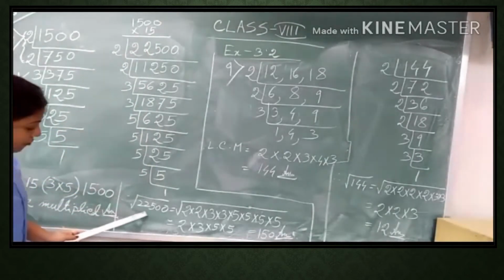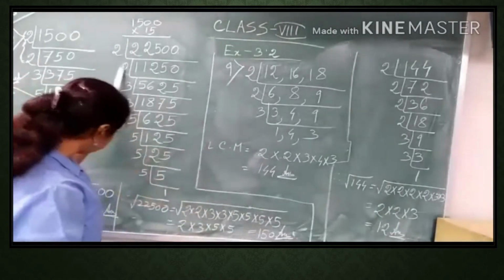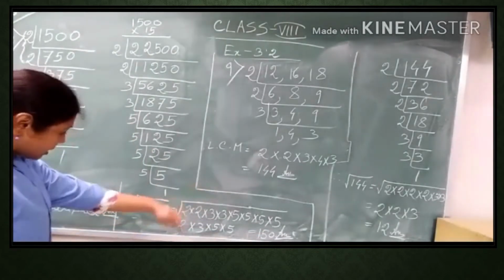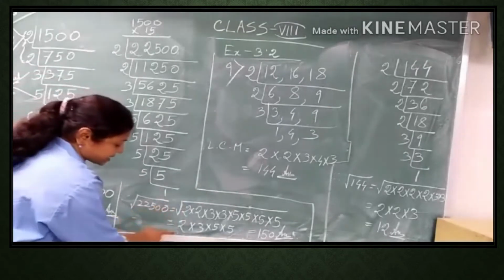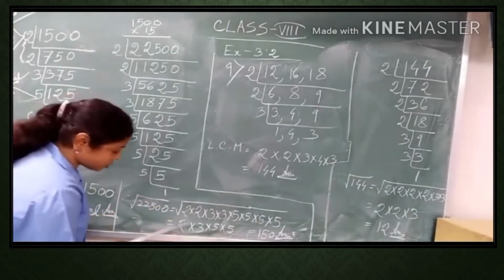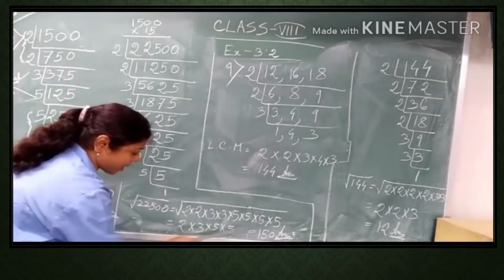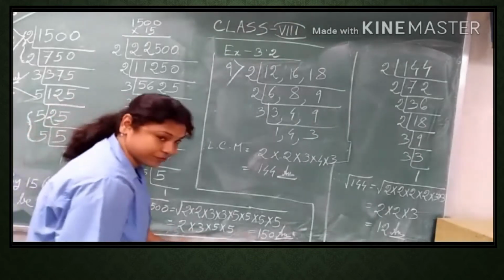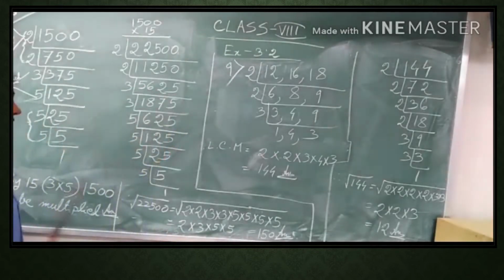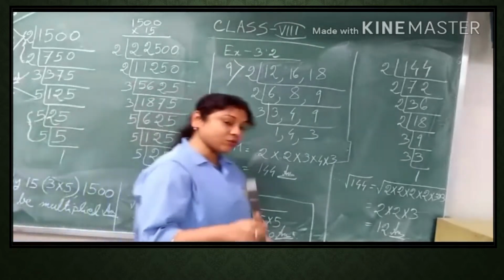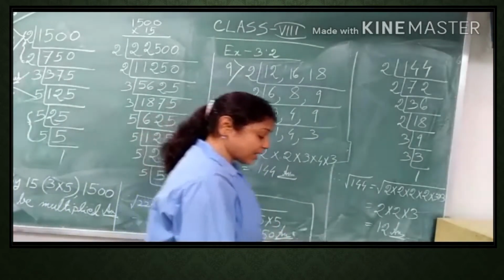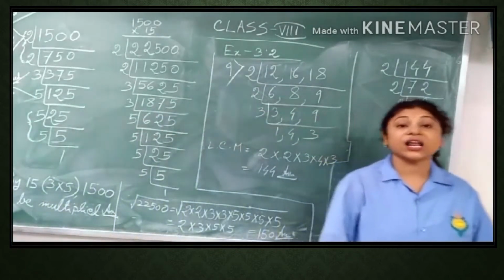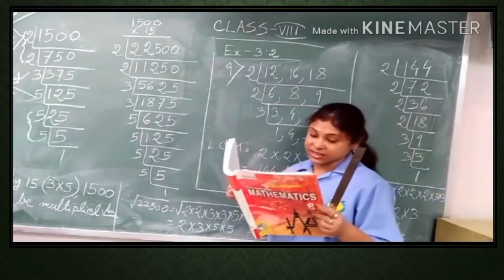Square root of 22500 is equal to, I have written all these things, and in the next step I have not given square root. So 1, 2, 1, 3 and 2, 5 I have written. Answer is coming 150. So first answer is 15 and second answer is 150. We will write down the answer in sentence. And now the next or last problem sums of this exercise.